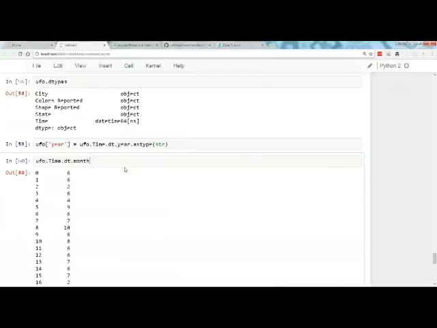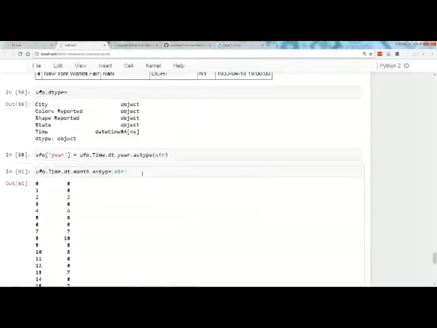I know there is a padding function. I'm trying to remember. I think I need to first change it to a str, and then I can do dot pad. Does that work? All right, let's figure this out.